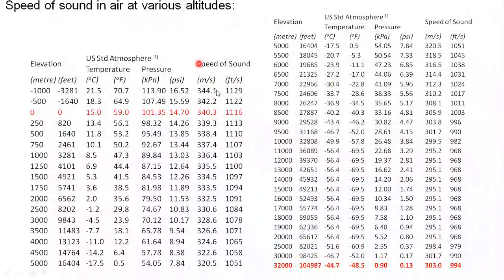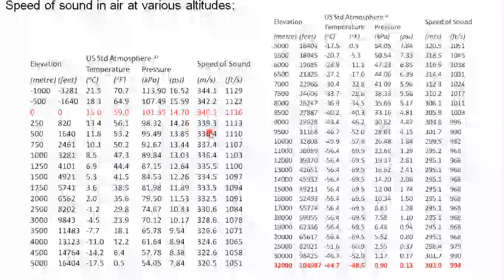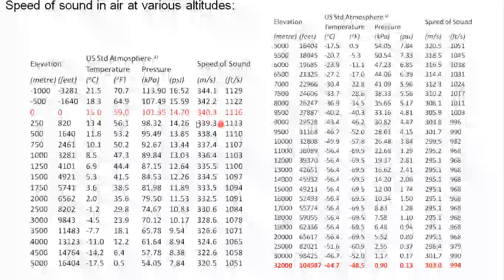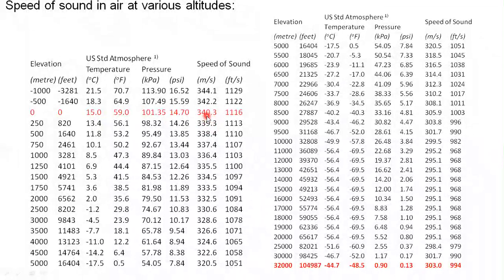Now this is speed of sound, velocity of sound. So at sea level, the pressure is 1 bar or 100 kilopascal. So at sea level, the velocity of sound is 340.3. So this is your sonic velocity. So if you move at this speed, then you will reach a sonic condition, that is Mach number equal to 1 at this altitude, means at sea level. But if you are at 32,000 meters elevation, your sonic velocity is nearly around 300 meter per second.